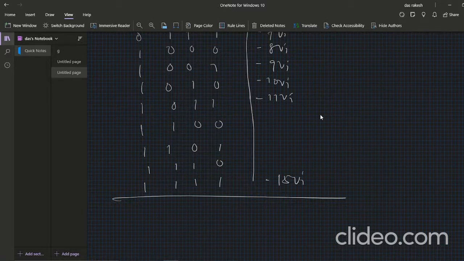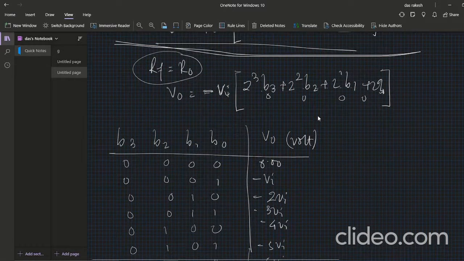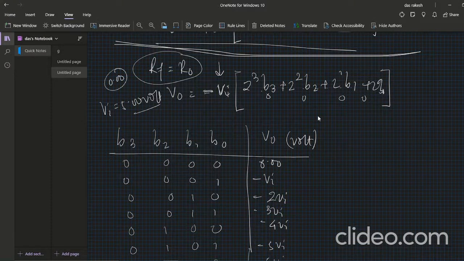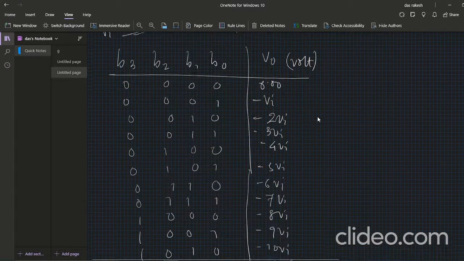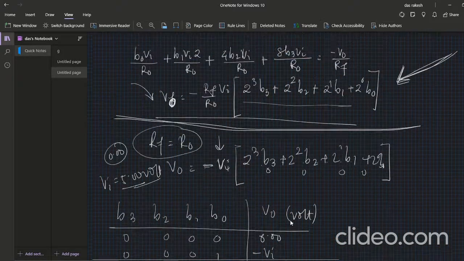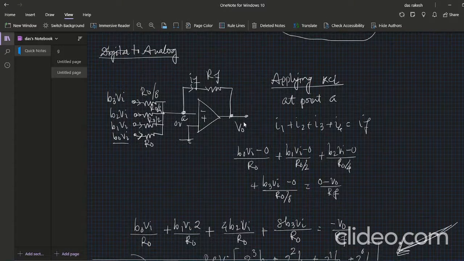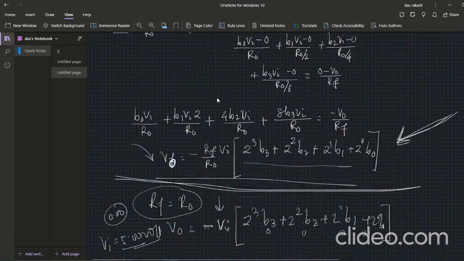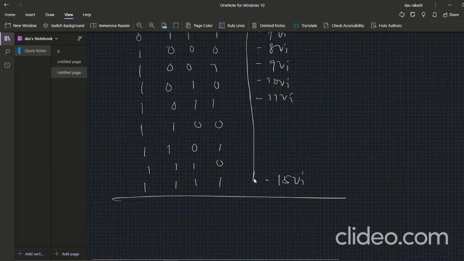But here the problem arises, because the magnitude of this input voltage equals 5 volt, because digital input is either low or high. If low, then input equals 0, if high, then this is 5 volt. And look here, 15 into 5, that is minus 75 volt arises across the operational amplifier. Is it practically possible? No, because the operational amplifier is biased by either plus 12 volt to minus 12 volt or minus 15 volt to plus 15 volt, anyone. So the maximum possible output is plus 12 volt. So what